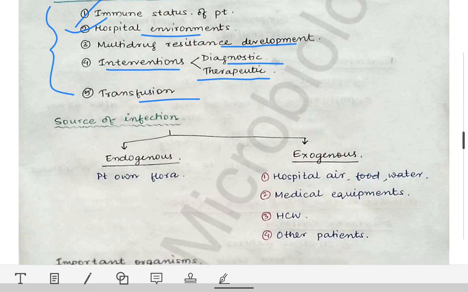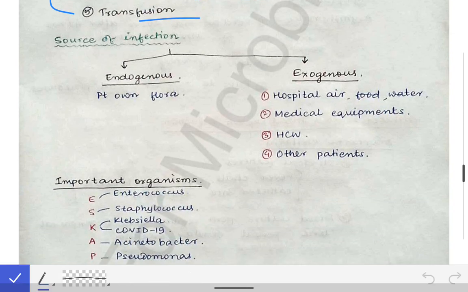Then how is the patient getting that infection? What are the sources of infection? So the source may be an endogenous source. That means the patient's own microbial flora is causing the infection in that patient. Okay, suppose we have